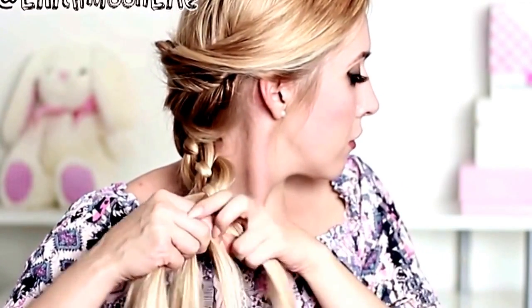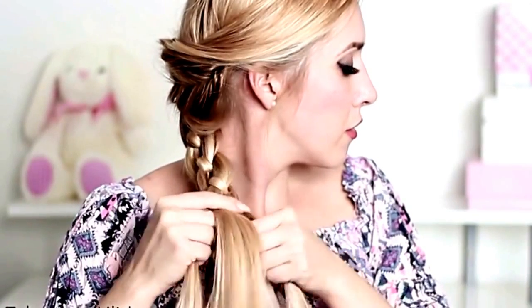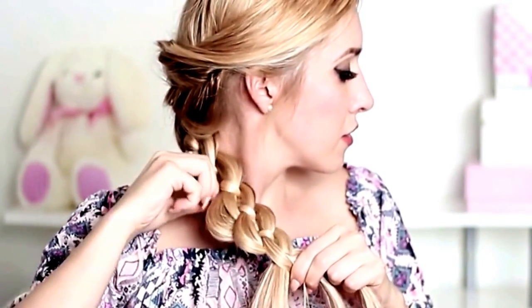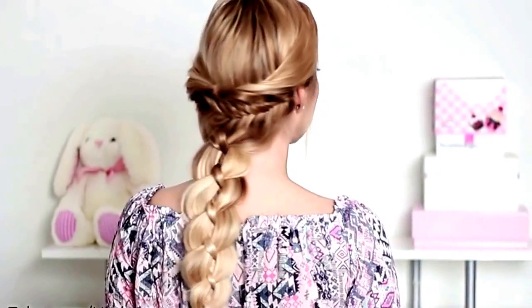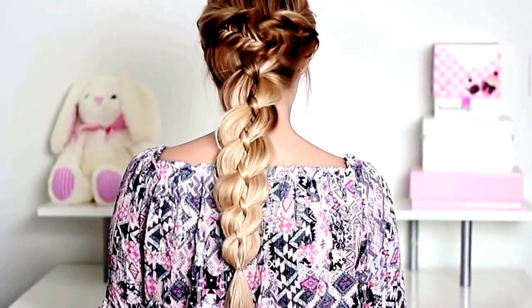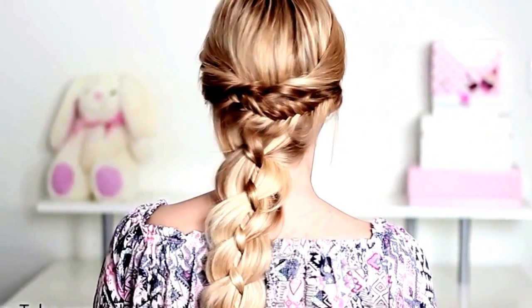To bring out the shape of this braid even more, I'm going to tug on its edges, just like I always do to make my braid appear fuller. Feel free to replace this braid with any of your favorite braids. It can be a 3-strand braid, a fishtail braid, a 5-strand braid in case you're ambitious, or any braid that you like. So here's the result. This hairstyle is perfectly versatile, suitable for pretty much any occasion. And now if you're a real bohemian girl, you can...